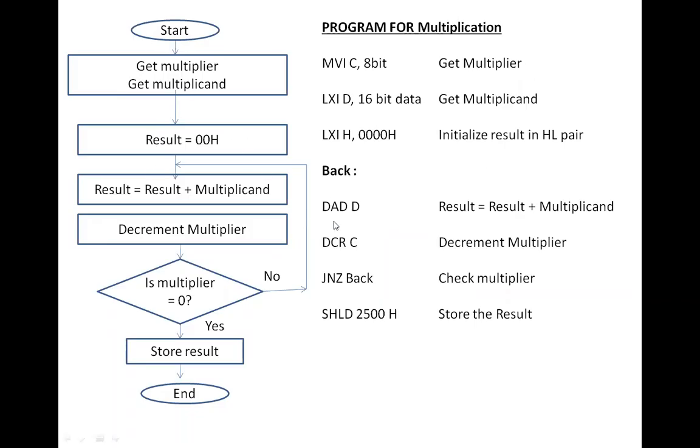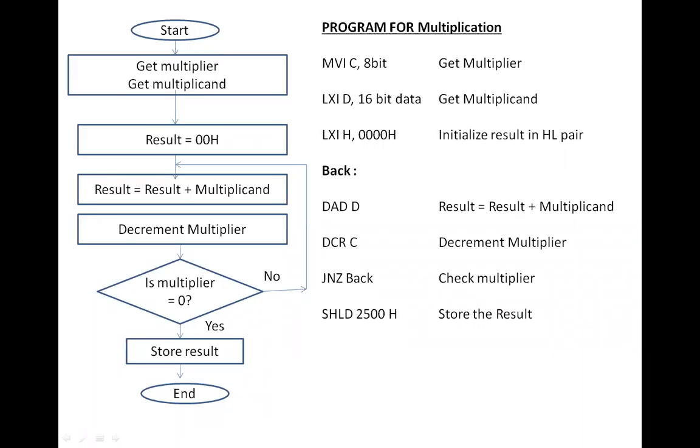And we know the DAD operation is going to add the content of the D pair with the content of the HL pair, and the result will be stored in the HL pair. So ultimately, after executing the loop so many times, the result will be available in the HL pair. And once the multiplier value has become 0, we can store the value of the HL pair, which is the result after multiplication